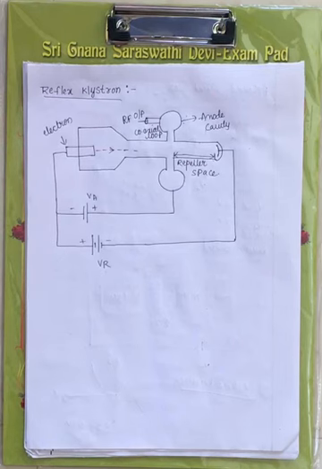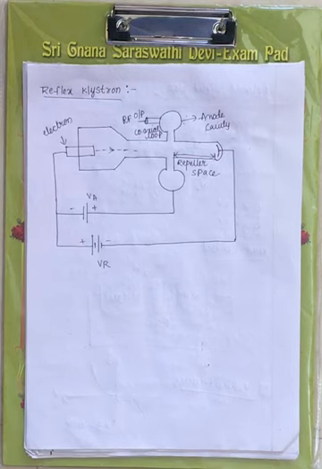Coming to the next lecture. In the previous lecture we have seen klystron tubes, two different types of klystron tubes: one is the two cavity klystron and another one is the multi cavity klystron. We have seen microwave tubes, and under microwave tubes we have seen klystron tubes. Under klystron tubes we have amplifiers as well as oscillators, right?